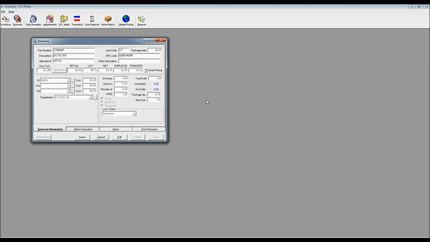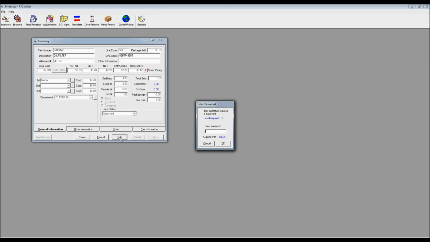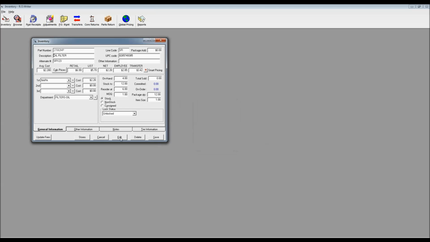When I click on OK, it shows me the information about that part. If you'll notice, just about all the information is grayed out, and that's because we're not going to modify that information unless at the bottom of this window I click on Edit. When I click on Edit, again, in my case, I've got it password protected to be able to edit the information in this window. It then brings me into the record for that 27082MP. Now, the only piece that's grayed out is the part number. Because it doesn't want me to change the part number, I can change any other aspect of this window except for the part number,